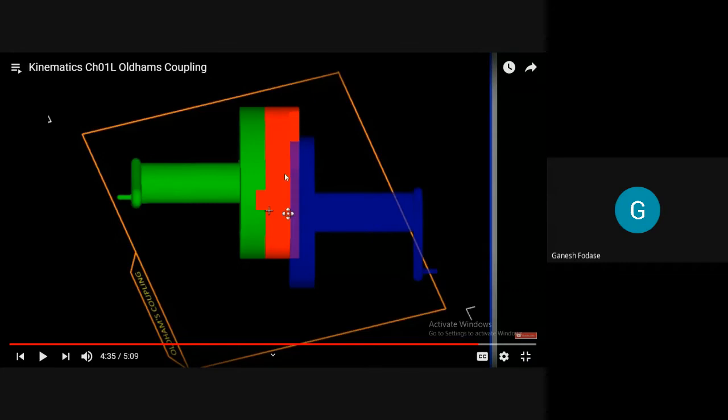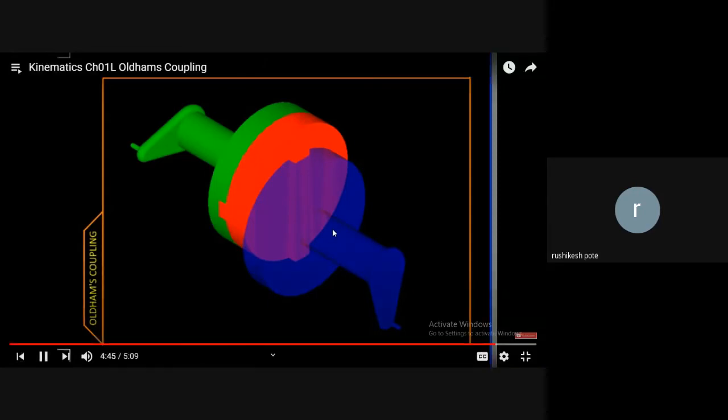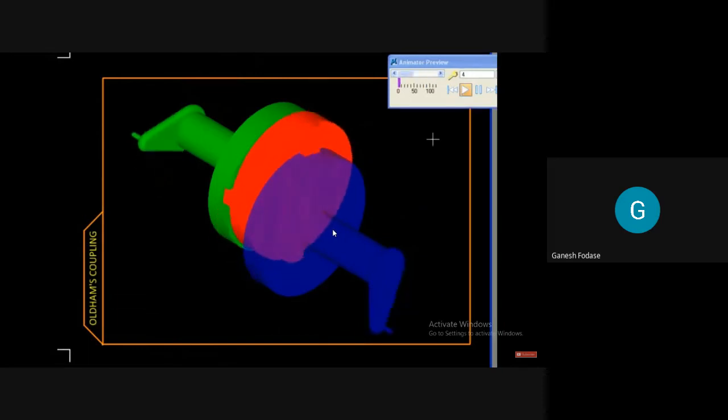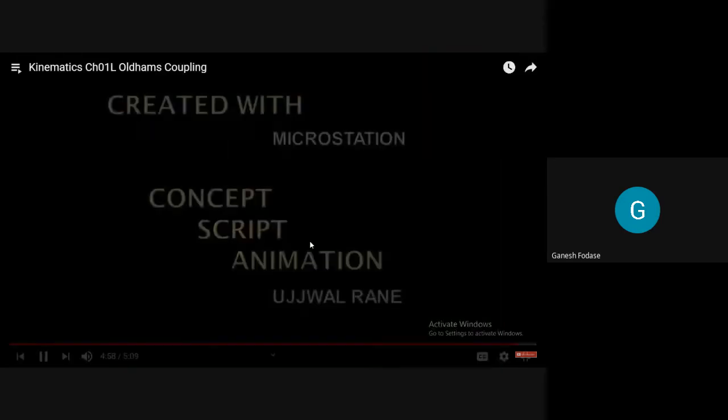So the coupler forms which two pairs? Prismatic pairs, while the frame forms turning pairs with the input and output shaft. Clear? Yes, sir. Let's see how it works again. It is the working of the Oldham coupling. You can see in detail now.